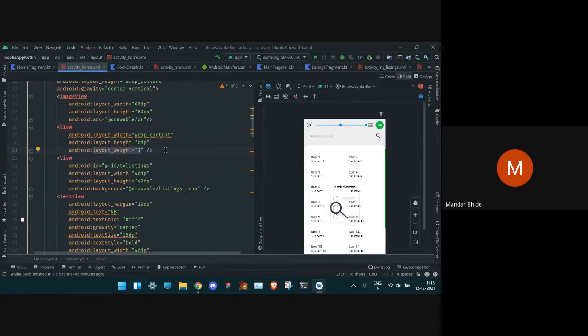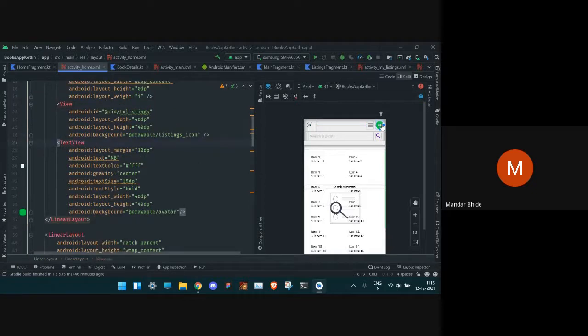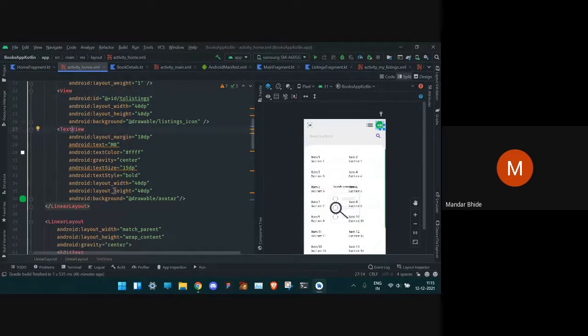I don't recall exactly, but that makes the view take the entire possible space. So this view is taking all the place in between, so that this button and avatar are at the end of the view, end of the linear layout. So you can see there is a button to listings and there is a circle avatar.